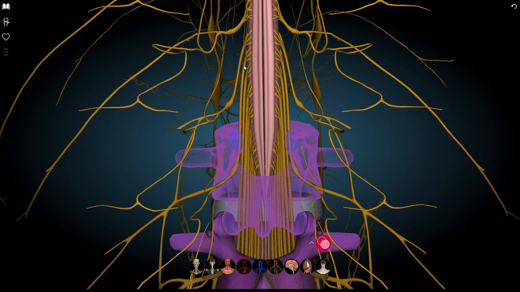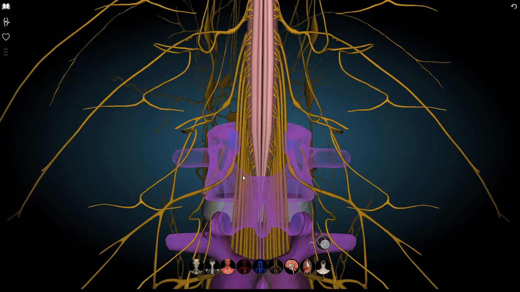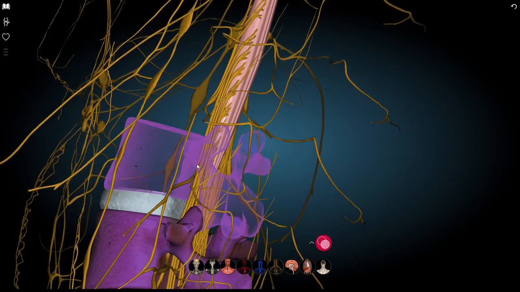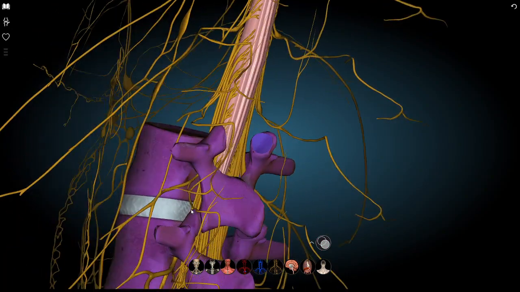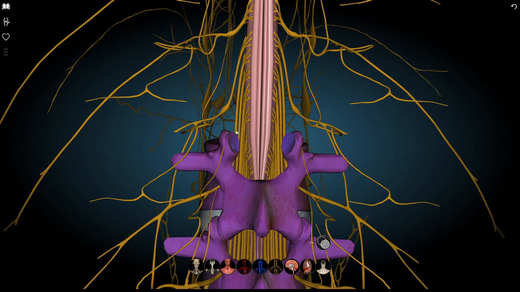But the L1 segment's roots have to descend and emerge through the intervertebral foramen between the pedicle of the L1 vertebra and the pedicle of the L2 vertebra, right? Now, making this L1 vertebra opaque again, we can see that if I give this L1 nerve a green color,